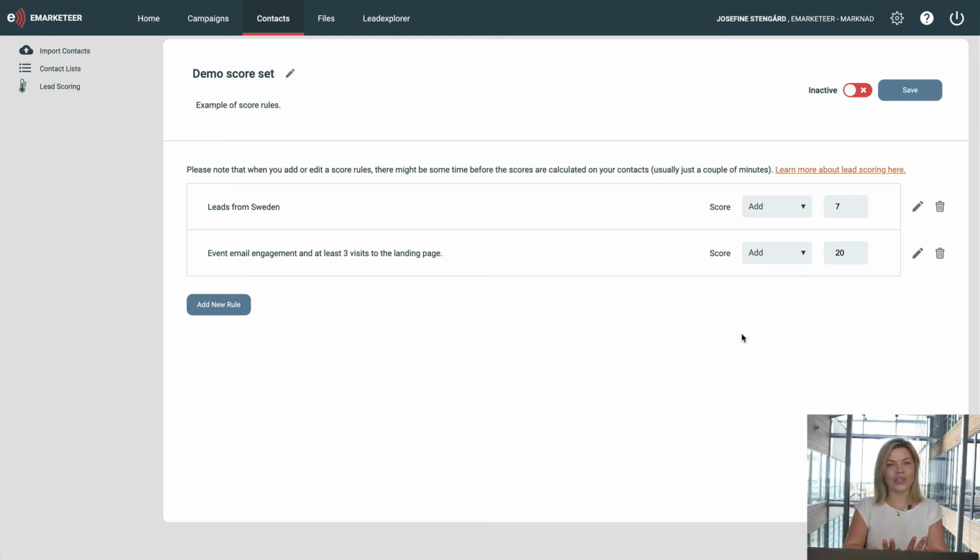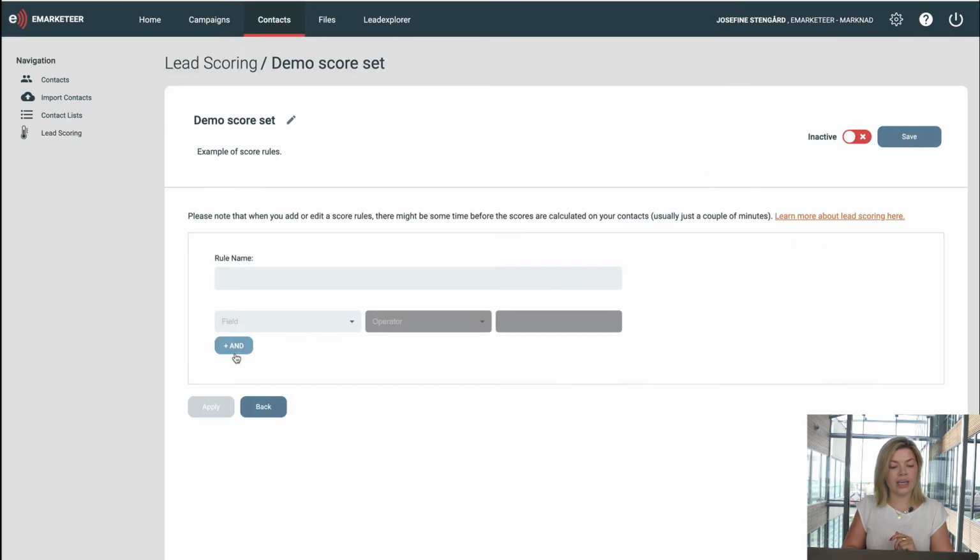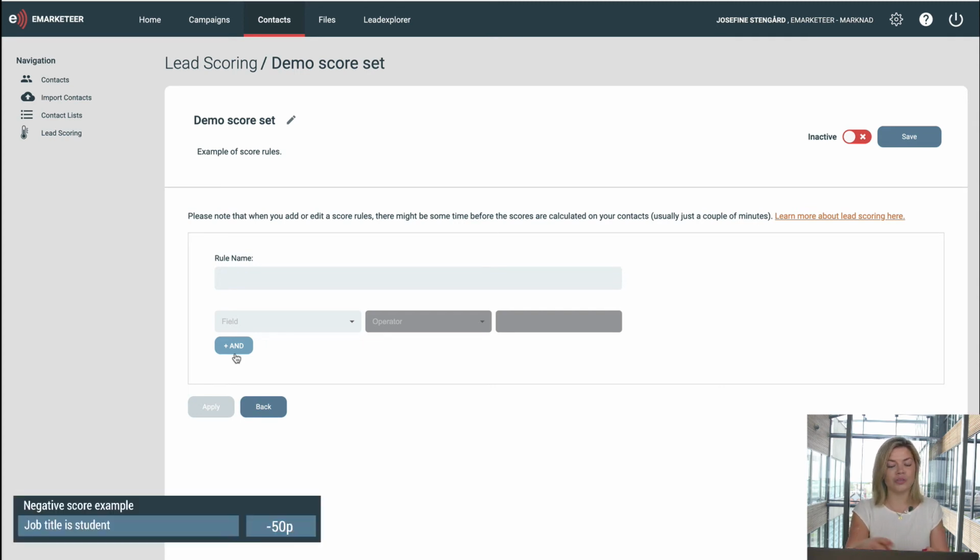Lastly, I'd like to show you how you can use negative scores. So lead scoring can help you find relevant leads that are likely to lead to a sale, but it could also help you find the ones that are not likely to lead to a sale. And we do that by setting up negative score rules. So it could, for example, be if the lead visited a career page looking for a job, or is from a country where you can't offer your product or service, or has student as their job title. Then we build a rule for these negative